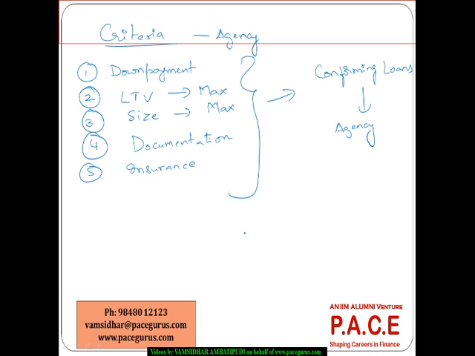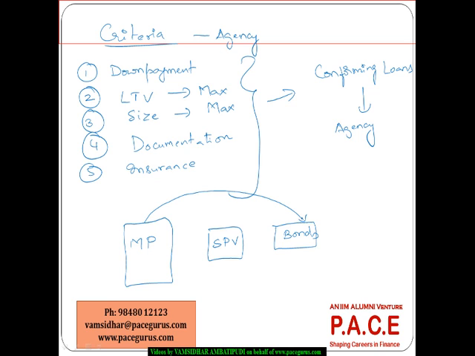And now when I look at it from the investor's perspective, whatever the cash flows that come, this is where I see the mortgage pool. This is what an SPV is purchasing, and these are the bonds. From the mortgage pool, whatever the principal and the interest payments that are being made by the various borrowers would be transferred to the bond investors probably on a monthly basis.